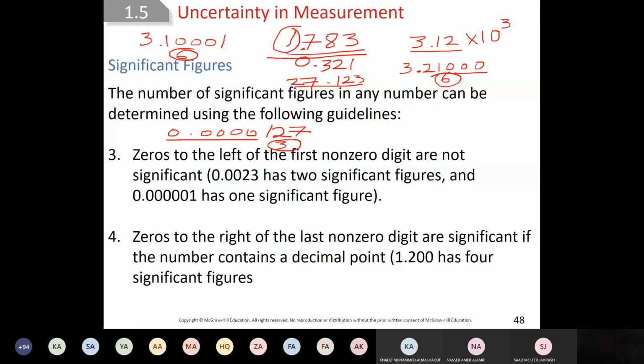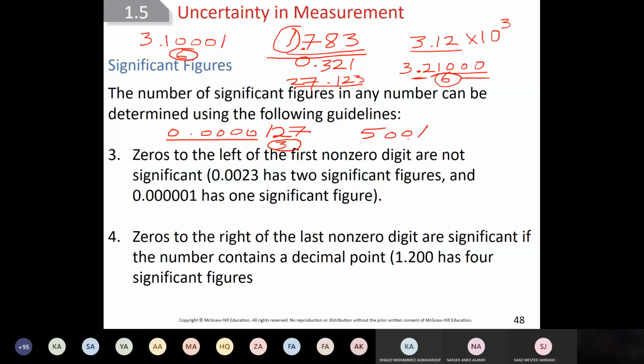Now, any number other than 0 is always significant. Any number, if it is 0, then if it is to the right of the decimal point, it is also significant. That's why, how many significant figures here? We have 6. If the zeros are in the middle between numbers, they are all significant. So 3.10001, there are 6 significant figures. All right? If it is to the left, whatever the numbers are, if there is no number before it, then it's not significant. Now, if there is no decimal point,